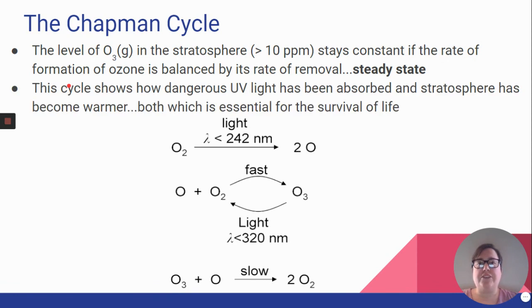So this cycle can show you how dangerous UV light is, and how it is absorbed by our oxygen and our ozone, and how both of those help keep us safe here on the ground level. So that's the end of Unit